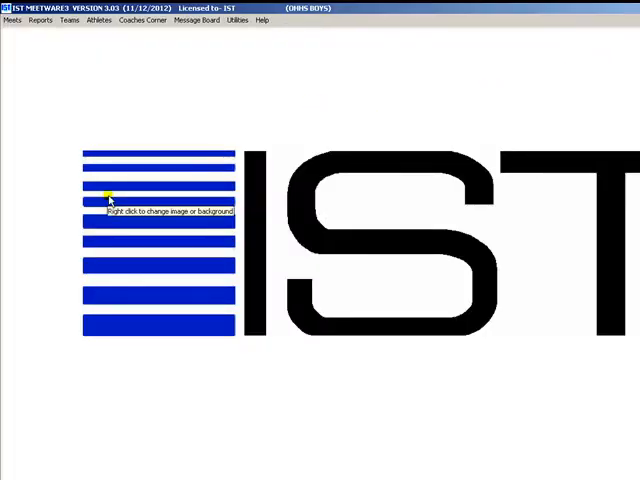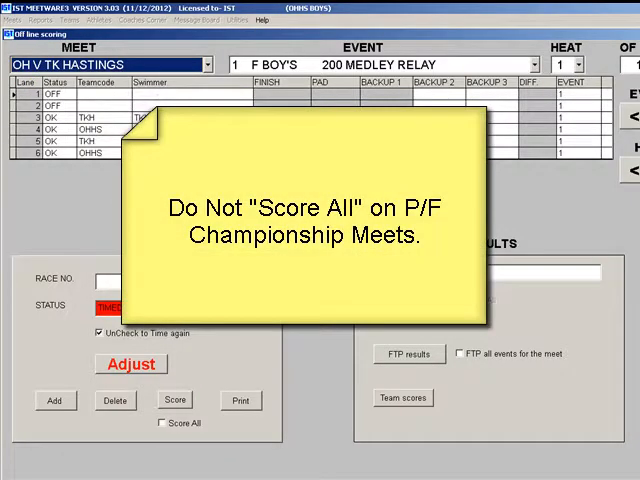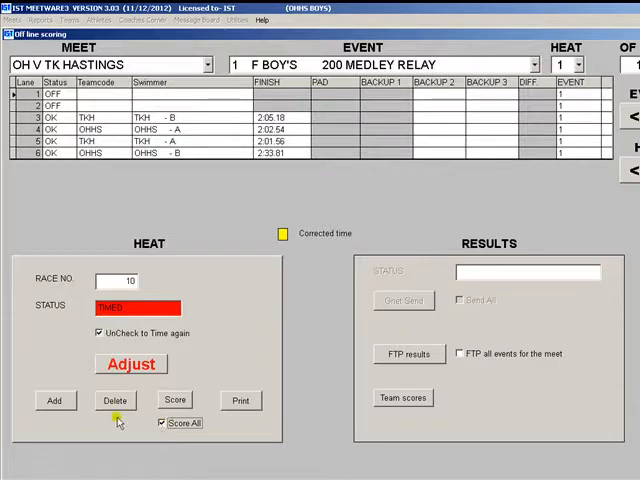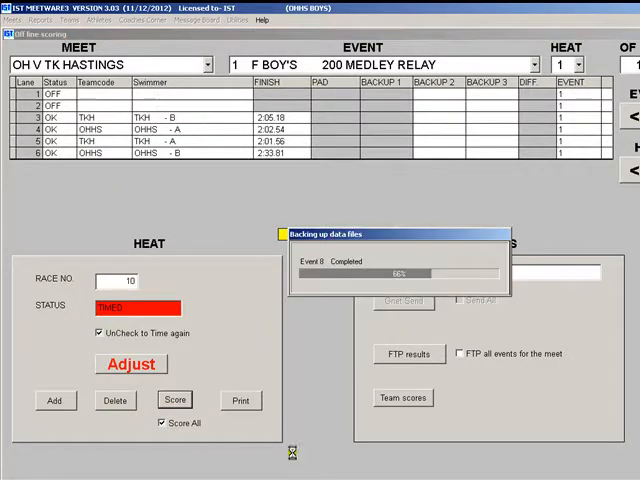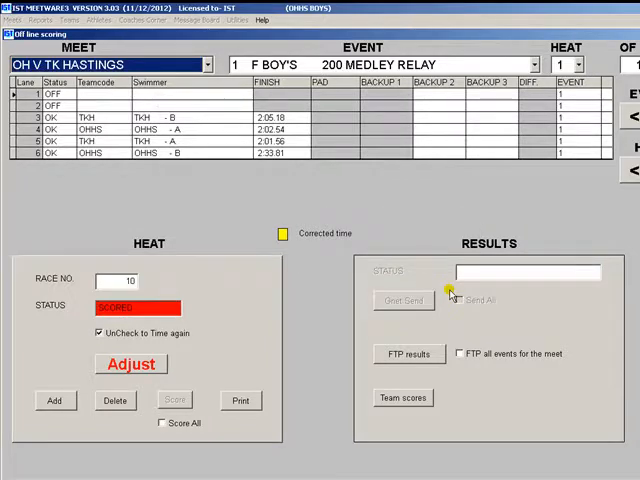If you imported meet results, you will need to go into offline scoring to score the meet. For all meets except for prelims, finals, championship meets, you can check the Score All box here and score the whole meet all at once. For imported championship meets, you will need to score each finals event individually in order for the meet to score properly. For more information about importing, please